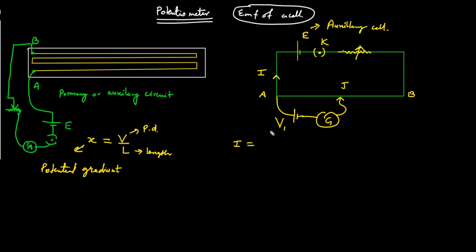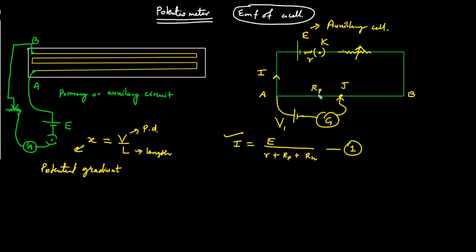Yes, sir. Okay. So if I want to calculate the current, it will be what? EMF divided by total resistance. Now here, if the cell has internal resistance R, then AB resistance of potentiometer wire as RP plus resistance of rheostat. So this will give the current: I equals E upon R plus RP plus resistance of rheostat.